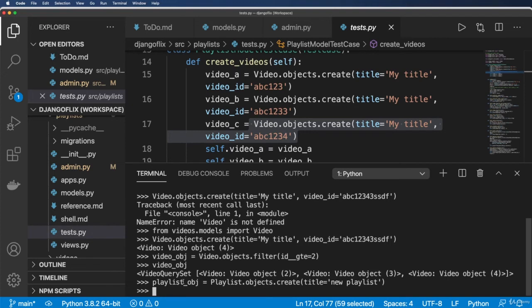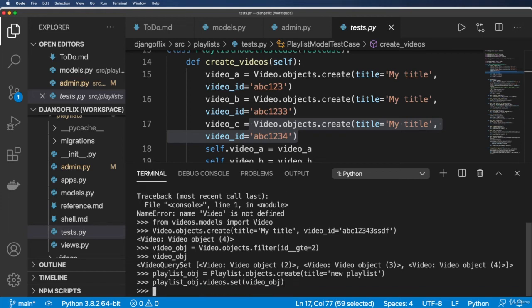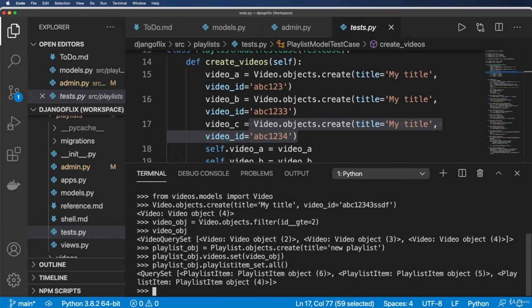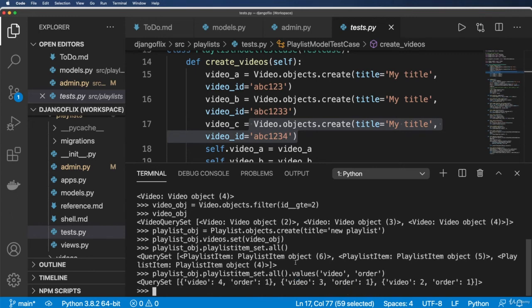Okay, so let's go ahead and set this now. So playlist_obj.videos.set(video_obj), which again is a query set. And then we can go ahead and say playlist_obj.playlistitem_set.all(), hit enter. What do you know? It actually gives me playlist item objects themselves. And then yet again, I can actually run .values of the video, the actual video field, and the order field. And it will give me what I expect actually, which is the video IDs and then an order of 1